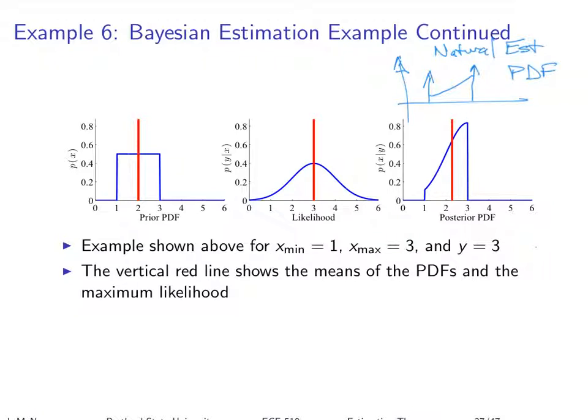Go ahead. I was just going to say, it just looks a lot like the product of the prior and the CDF of the likelihood, right? Which is exactly what we know it is from the previous equation. Yeah, this is proportional to the product of those two. That's right. But I'm speculating that you didn't know to multiply those two or to think about taking the mean of the posterior. But if you're following the math, you're like, well, of course that's what you're going to get. You couldn't have gotten anything else. That's true.